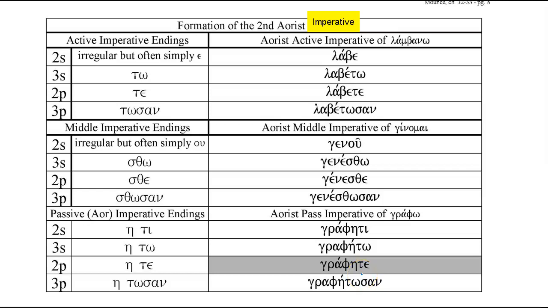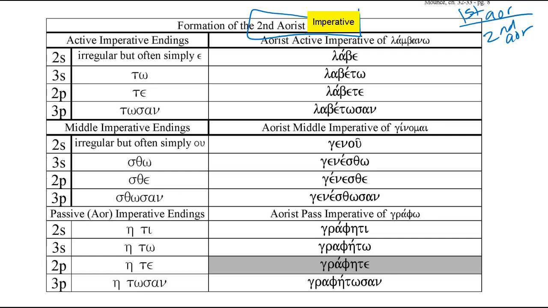Rather than writing it all out, I filled out the chart completely, and I just want to simply review the second aorist infinitive forms. Again, the principal parts of every vocabulary word will tell you whether something's first aorist or second aorist. Most of the time, verbs want to be first aorist, and there's only a few verbs that use the second aorist.